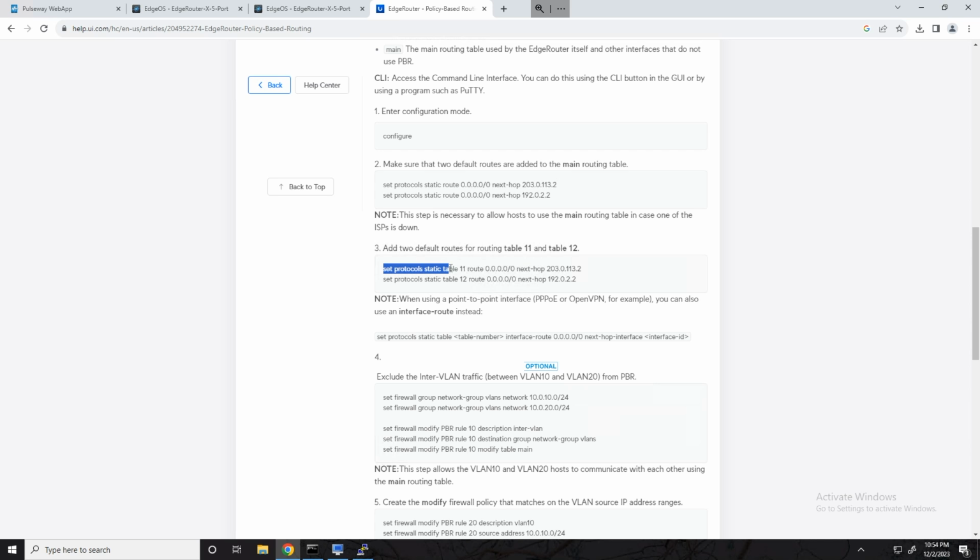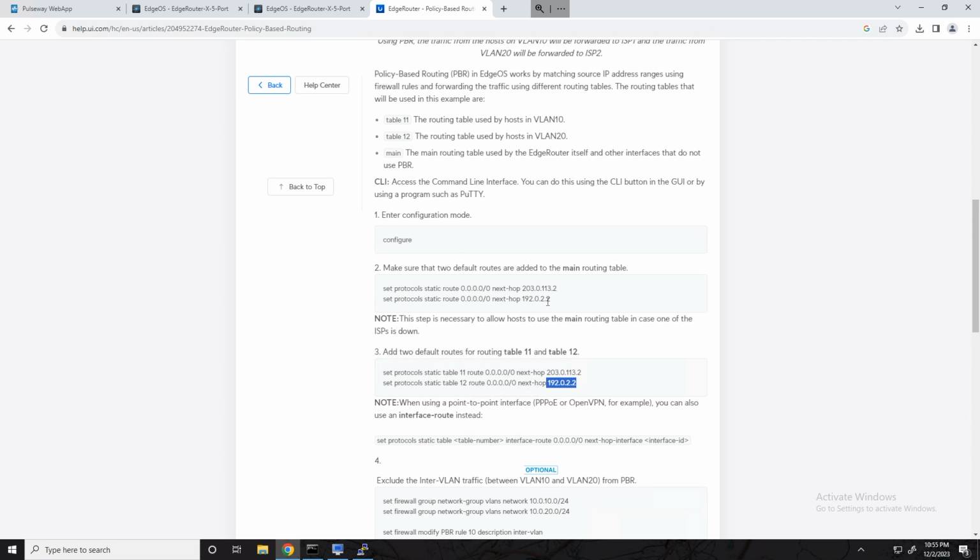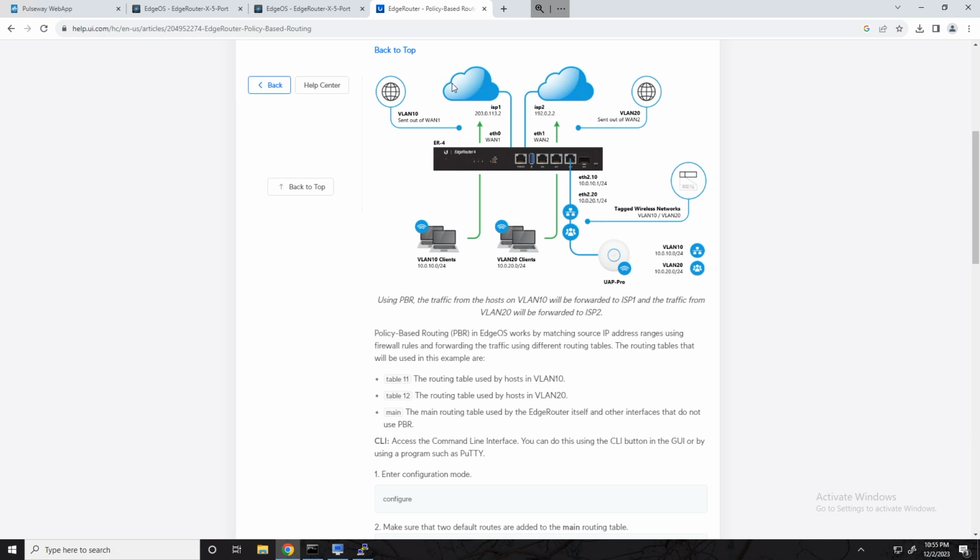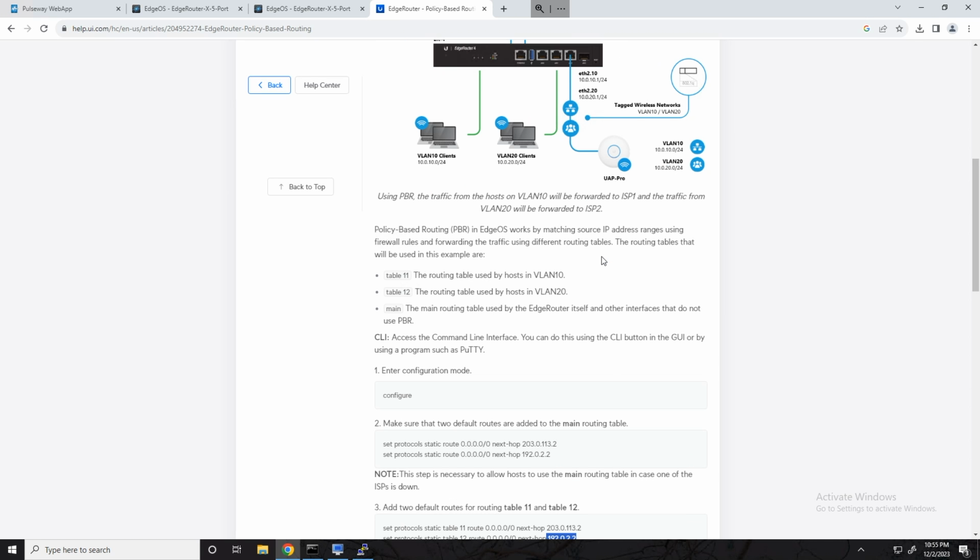and that is this set protocol static table 11 route next hop. And what these two commands are is it's creating a second routing table called table 11 with a default route of this 203 network, so that's ISP 1. And then we're creating another routing table called table 12 with a default route of the other ISP. And this guide is doing the two different VLANs using two different ISPs. So VLAN 10 will use ISP 1, VLAN 20 will use ISP 2. This is a little different than what we're doing, but that is how you set up the two different routing